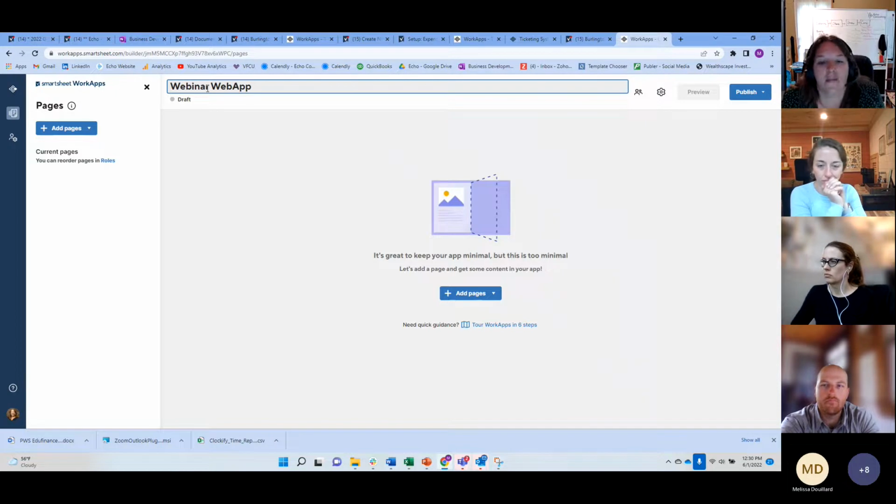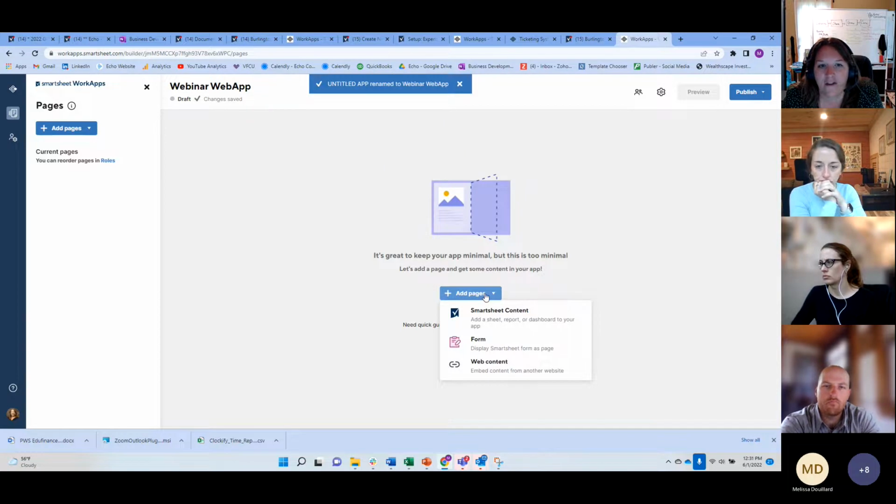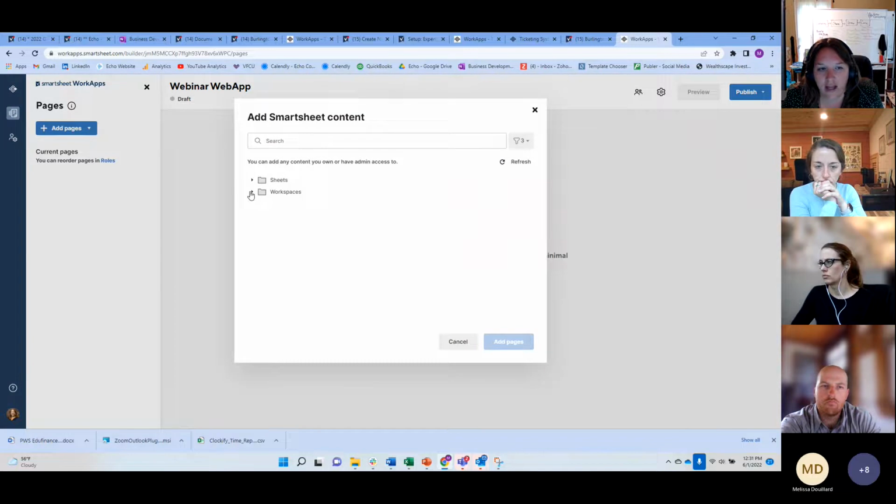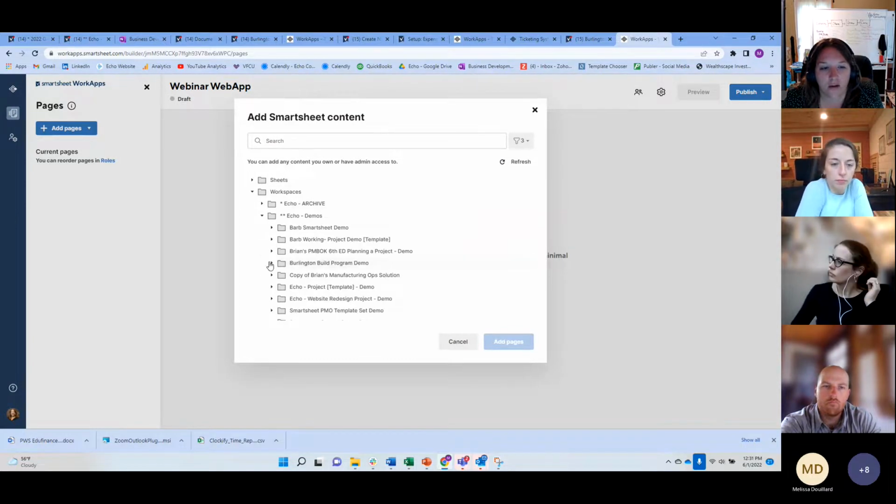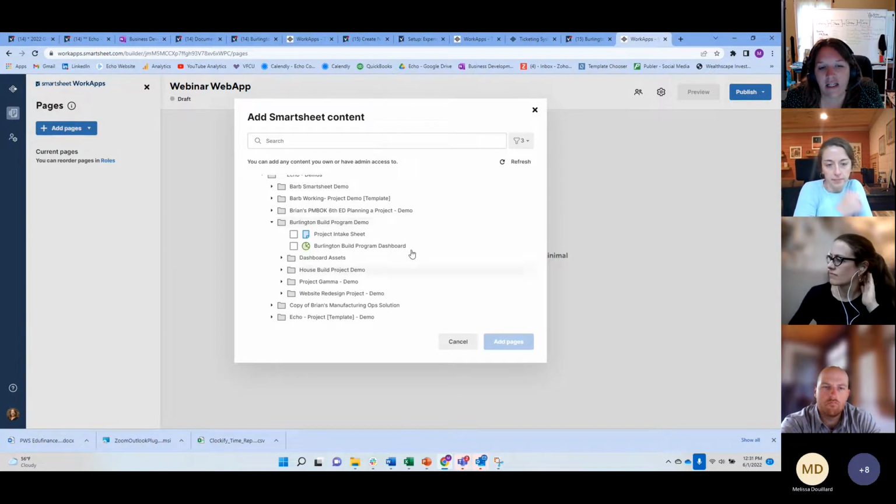Okay, and I'm going to go ahead and add pages. If you need guidance, they actually have a tour of WorkApps that is probably comparable to what we're doing right now, right? Where we're walking through the different steps of WorkApps. So I'm going to go ahead and add pages. And the first thing I'm going to do is add Smartsheet content. I'm used to that, right? I'm going to go into the Smartsheet demo environment. I'm going to go into our Burlington build demo environment, and I'm going to add some of the key assets